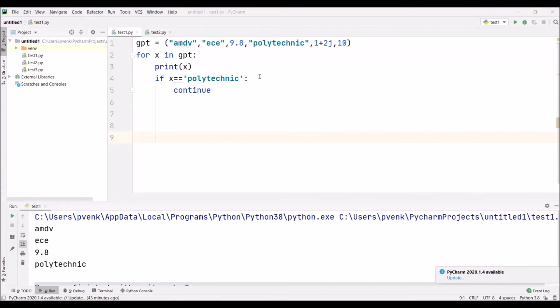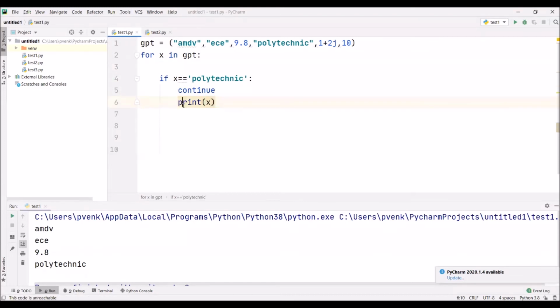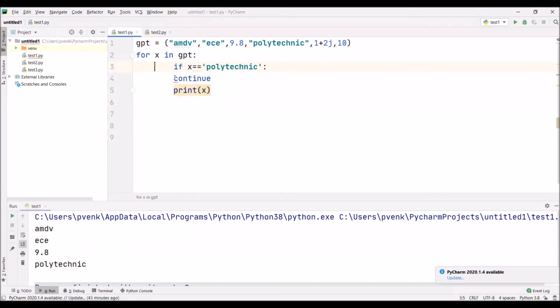So to make you understand better, I am taking this print. I am giving the print after the condition. So indentation is important here. The indentation of if should match with the print text. Now what I am saying is, first AMDV is printed, ECE is printed, next 9.8 is printed. When the x value is matching with the Polytechnic, we are saying do not print the Polytechnic, instead continue